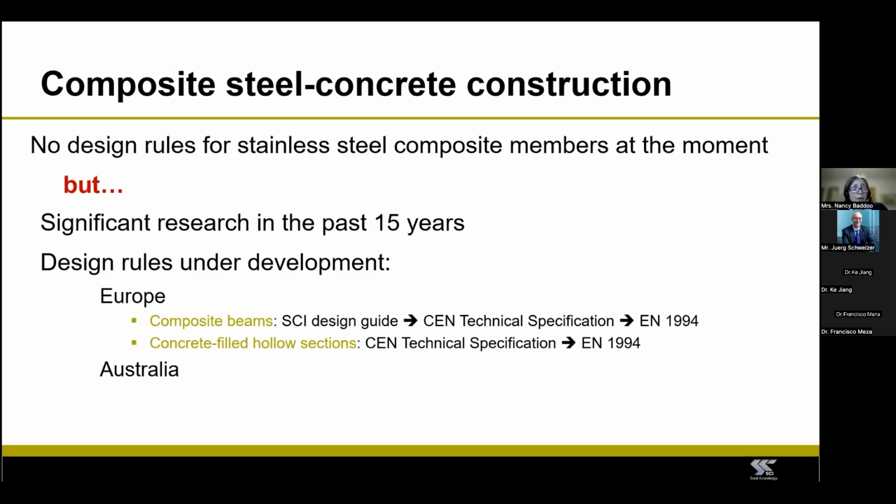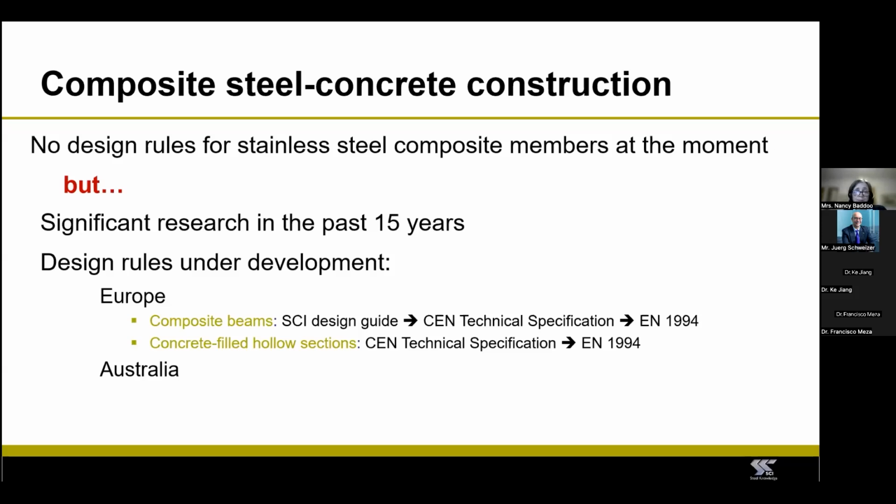In terms of the concrete filled products, there's already a CEN technical specification being written that covers high performance steels. So stainless steel and high strength steel will be included in that, and ultimately it will be included in the Eurocode. In Australia, I understand, based on research carried out here in Australia, there is work towards design rules being included